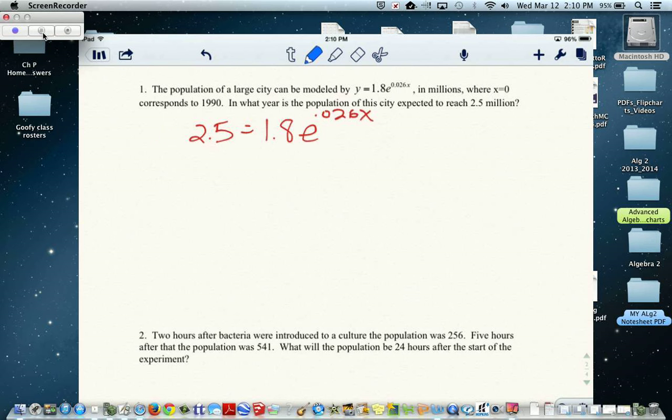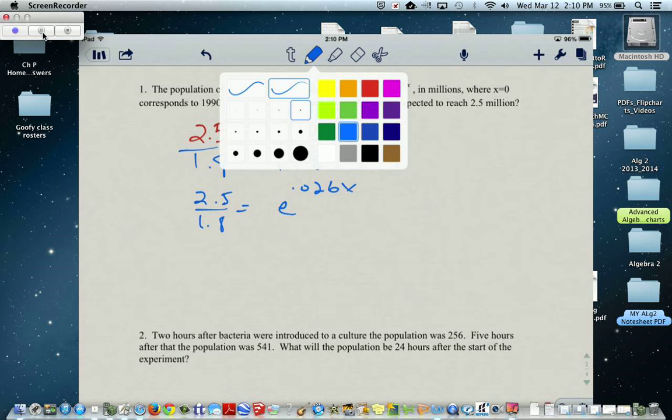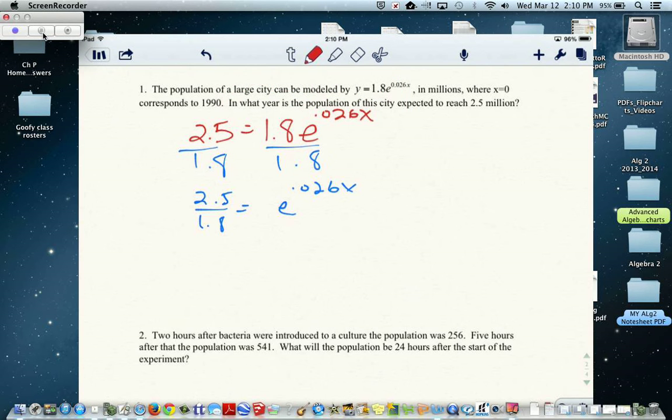First thing we always need to do is get the base by itself. So in doing that, 2.5 divided by 1.8 is not such a nice number, so I'm just going to leave it as 2.5 divided by 1.8 equals e to the 0.026x power. At this point now, we can go ahead and apply a logarithm, and I'm going to choose the